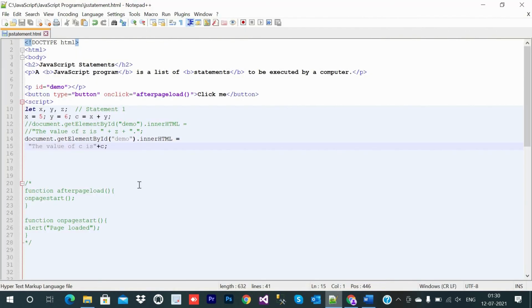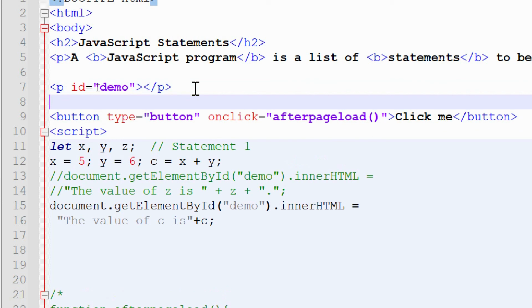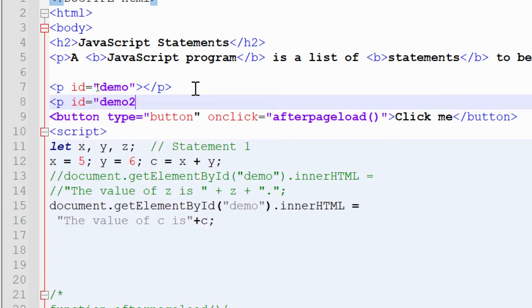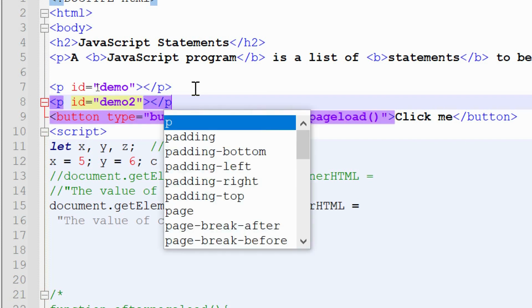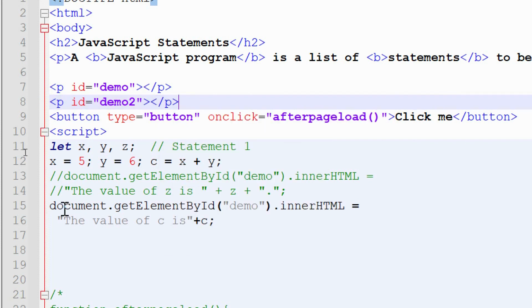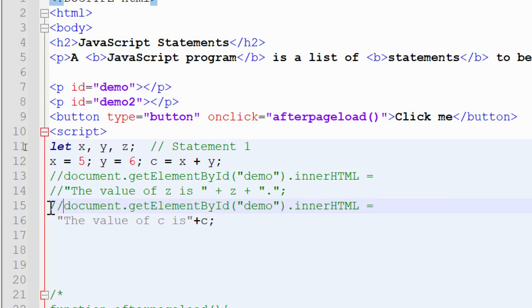Okay, so let me do something like that. We will come here and change it, taking the paragraph ID, let's say, demo2, and we have done it. We have commented out the code which was used before.